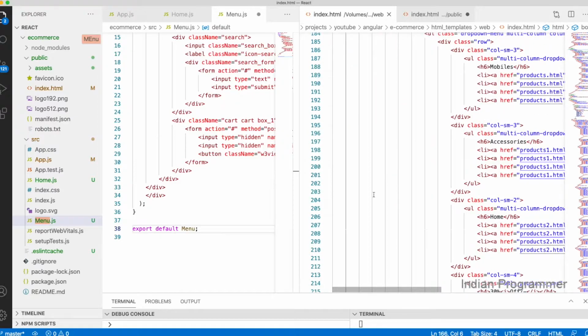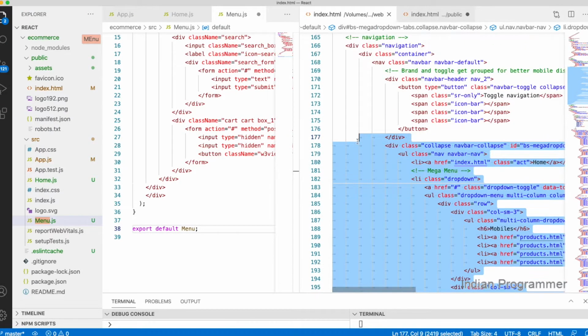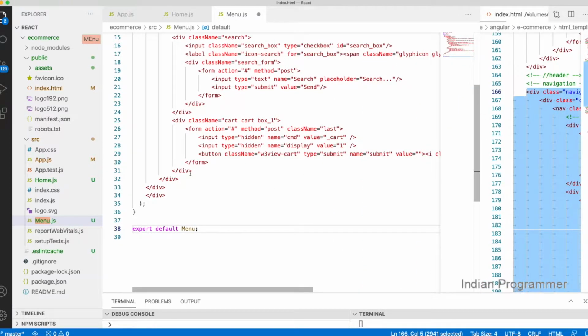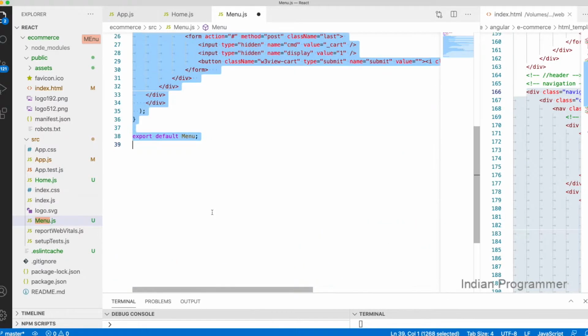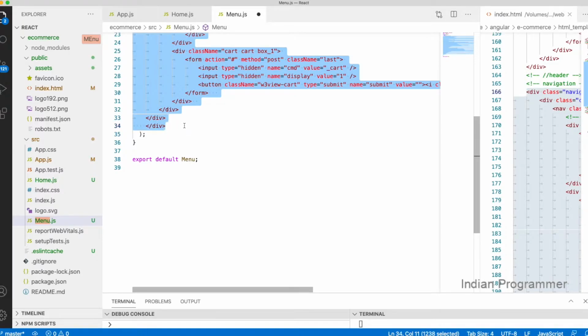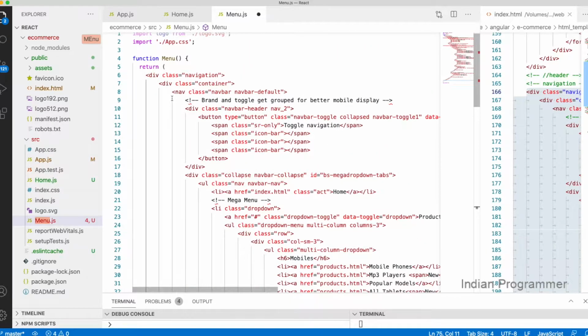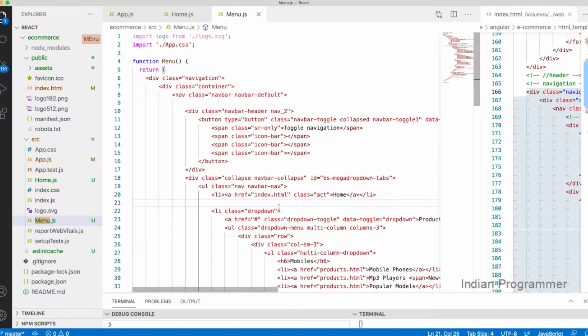Here I need navigation, so I just copy the navigation. I just remove all the existing content and paste it here. I don't need this comment, because this comment is not applied in React.js. So save.